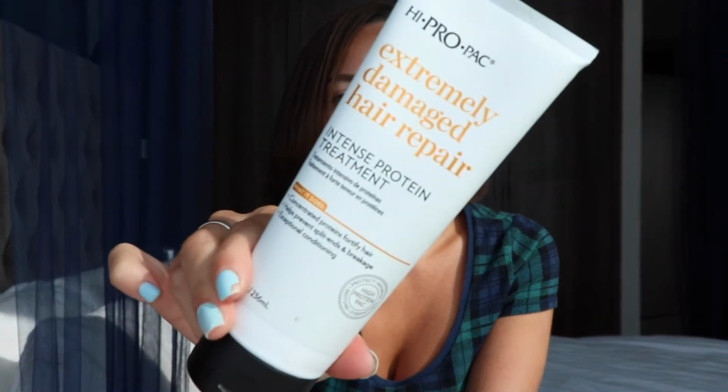And then I use this in the shower. It's basically a protein conditioner. So it's from High Pro Pack, and it's called Extremely Damaged Hair Repair Intense Protein Treatment. So it says what it does on here. Concentrated proteins fortify hair, helps prevent split ends and breakage, exceptional conditioning. So it's just like a 2 to 5 minute conditioner, just like any normal conditioner, but it's really intense for if you have really damaged hair. And it smells really good as well. It's amazing. It smells like bananas, you know those foam bananas, the penny sweet ones,